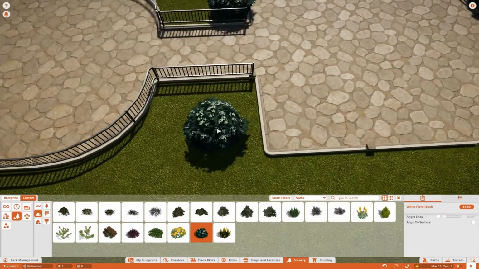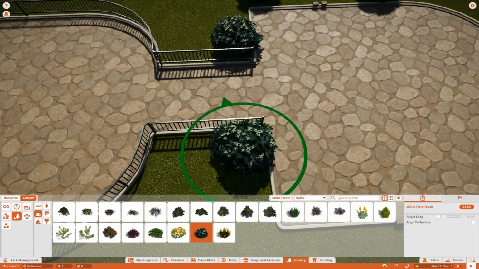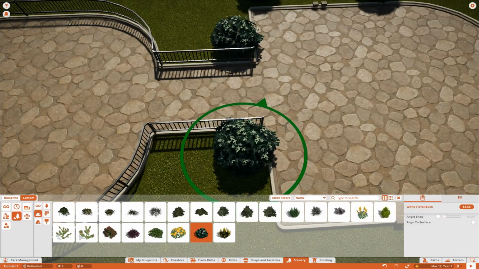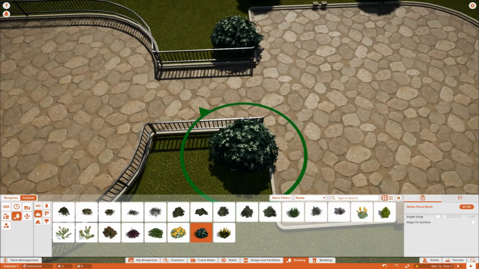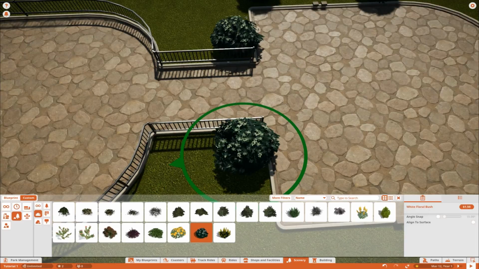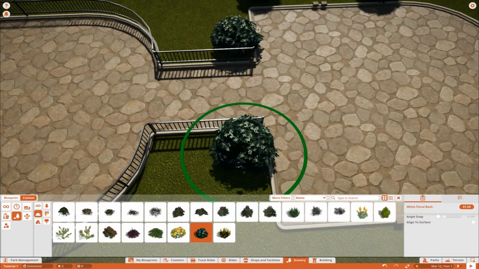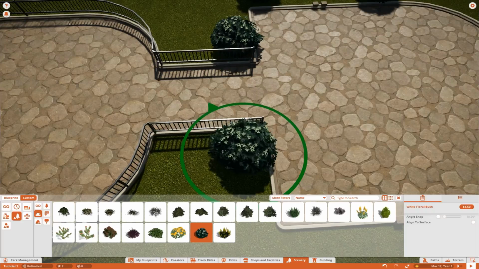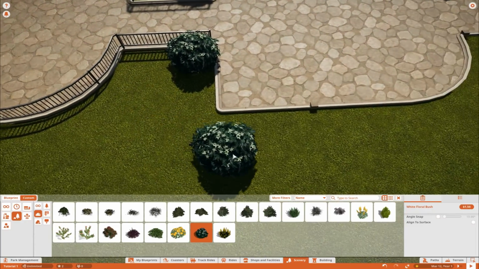But if we want to get it to look even better, we can go over here, holding down Z. Again, this is going to let you rotate. One thing to keep in mind when you're rotating is don't try to move your mouse up and down, because it's going to drive you crazy, because it's not going to move how you want it to, and you're going to throw your mouse through your window. Instead, once you've got the Z key held down, just move your mouse to the left or to the right, and that's going to allow you to have that precision control to place the object. So left and right. So we're going to put one there, left mouse click,